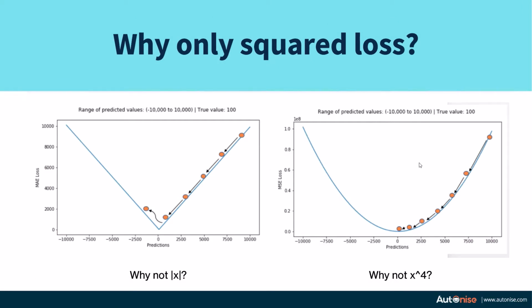Now, why only the squared loss or the cross entropy loss? Are there no other kinds of loss possible? We can have the loss mod x as well. So mod x, or norm of x, corresponds to a function which looks like this. It has a positive value for x not equal to 0. Let's say our prediction, we want the value to be 0. Then norm x tends towards 0. So it's a loss function which has the value 0.